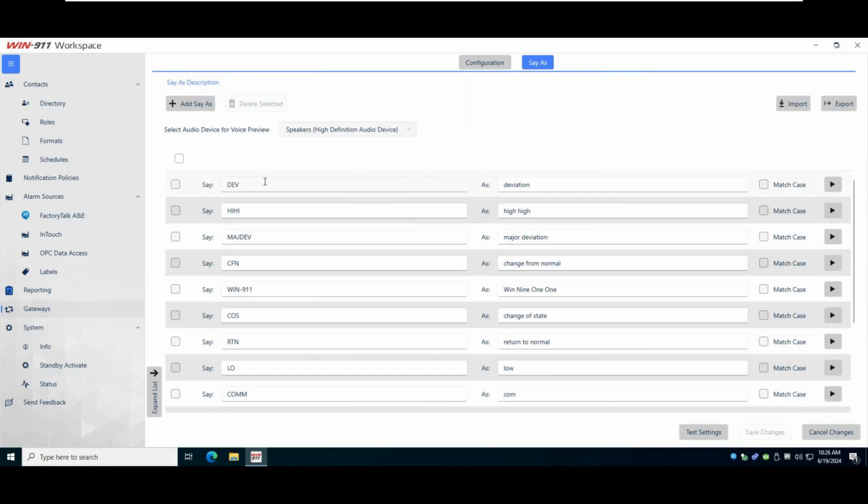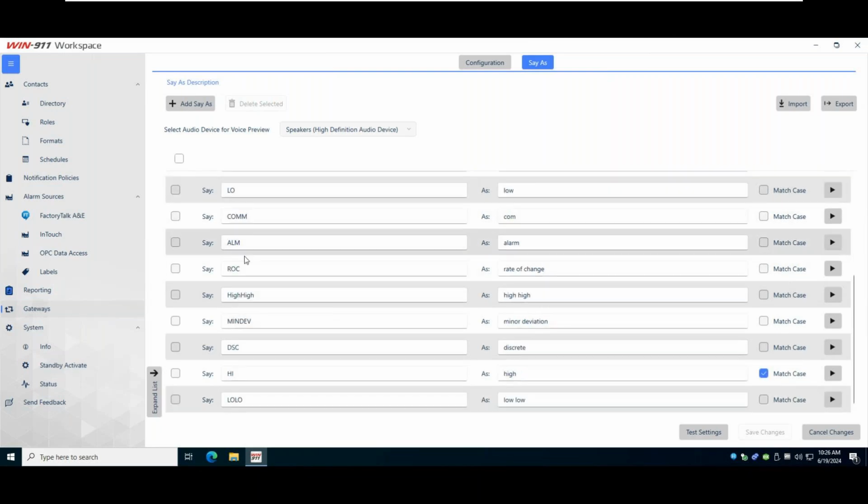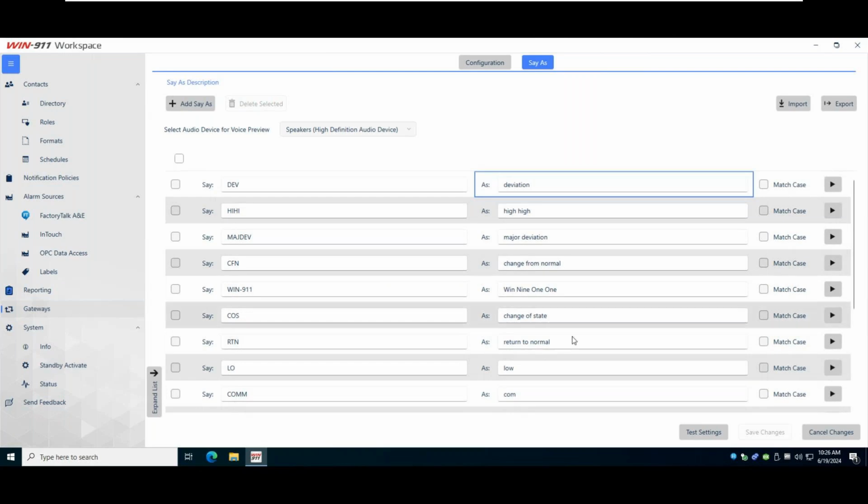So we've got a few examples that are already coded in. Like DEV is for deviation, but if you put that in a text-to-speech engine, it's just going to say DEV or it'll say dev. If you want it to say deviation, you put in what you want to detect the text as and how you want to convert it. So if you had hi, your engine might say HI, so you want to say that as hi instead, or MAJDEV would be major deviation. So you can code a bunch of these in here and then put what you want it to translate as,